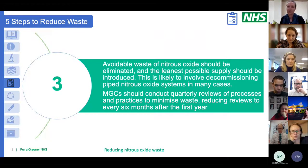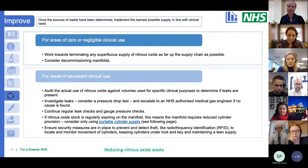And so that's your waste review. Once you've done that, next you need to decide what you need to do. So as soon as you've determined how much waste you've got, where do you go on to next? If you're not using it in certain areas, could you actually just stop ordering it and stop supplying it to those areas? But if there are some areas where you are using it persistently, you need to decide what's